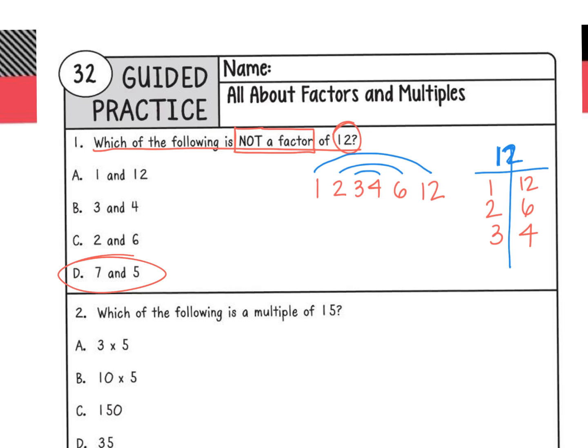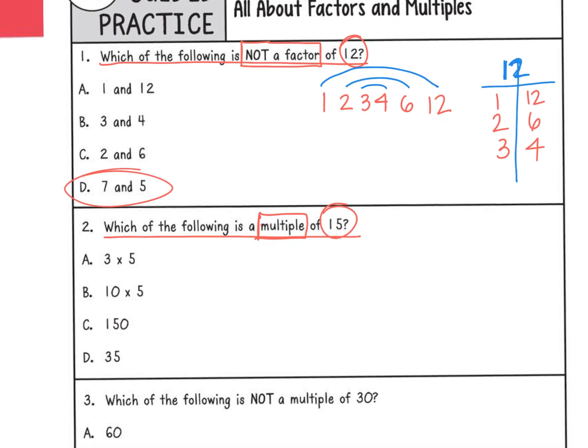Okay, number 2. Circle my numbers. Underline the question. Box keywords. What keywords am I boxing? Multiple. Okay. So if I'm trying to figure out which of the following is a multiple of 15, then I want to list out multiples of 15, which means I could